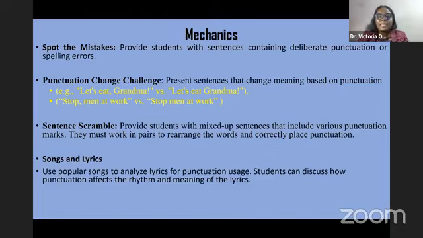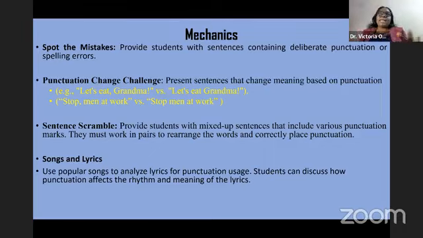Then as the students analyze the songs, they try to place punctuation marks at the various points, and then see how these punctuation marks affect the rhythm and the meaning of the lyrics. So at a point in the song where the musician pauses, the students in groups can figure out what punctuation mark they should place there, then they indicate it. It gets to another point, they identify if it has to do with emotions. They know the punctuation mark that is associated with emotion, so they probably will place an exclamatory mark there. If they get to where the musician is probably asking, interrogating, they place the appropriate